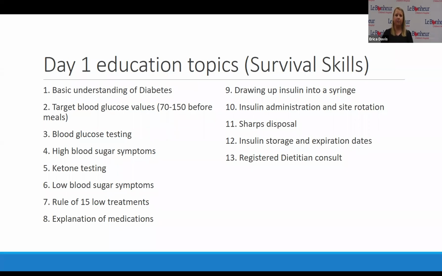We don't expect them to be able to say the rule of 15 right off the bat. We just need them to be able to go and find that within their curriculum, within their binder that they have. And so if they don't have an answer for you, oh, I don't know how to treat a rule of 15. Well, oh, hey, you've got that binder, right? Yeah, we've got that binder. So we definitely want to refer them back to that so that they don't feel defeated as they're absorbing so much information with the new diagnosis.